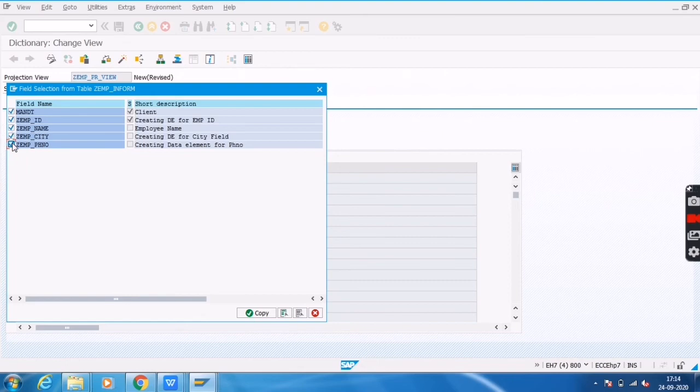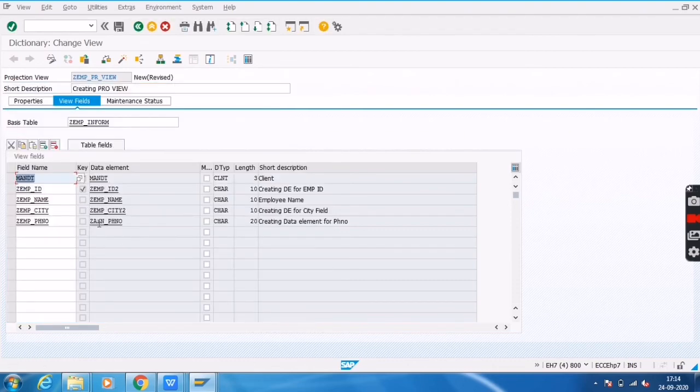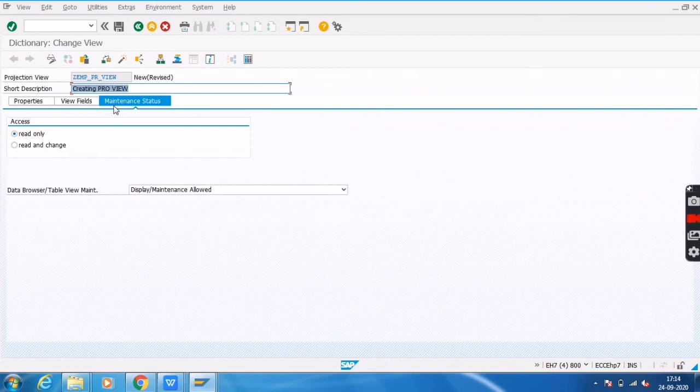This facility is available in a projection view. Then click on the maintenance status. As I said before, in a projection view, read only is possible and read and change is also possible. It means it is applicable for both read and maintenance.